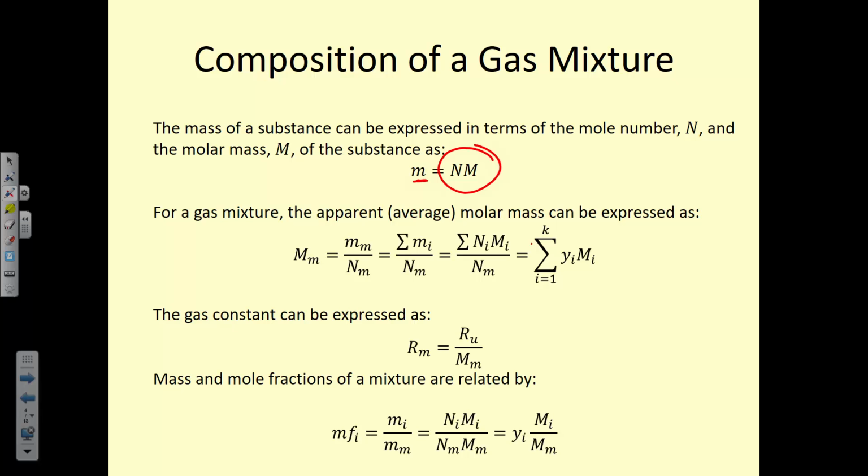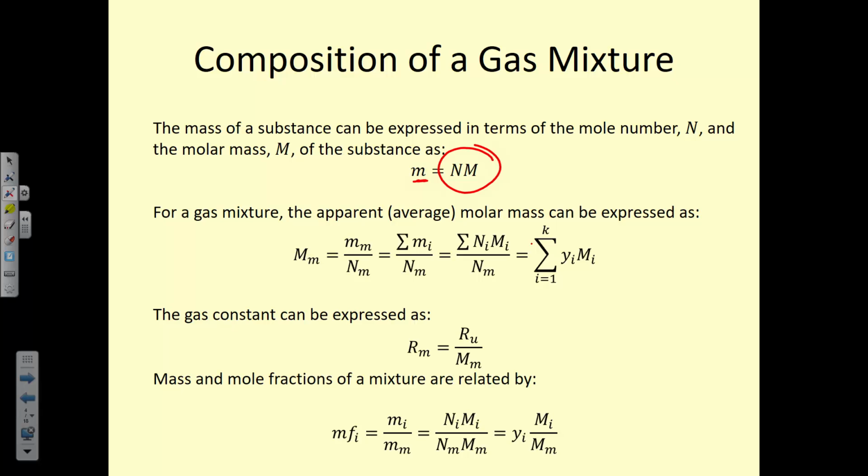But table A1 gives us a lot of information that we will need to solve all the problems in this chapter. So if you look, there's a big capital M that has molar mass, and the units on that are units of mass per mole. So it's kilograms per kilomole is the unit on a molar mass. Yes? Which table? A1, very first table. So there's the molar mass, there's a gas constant because every substance has a slightly different gas constant. We also have the critical point, temperature, pressure, and volume, and we'll use those today as well. So very important, table A1, all of the molar masses are in here.